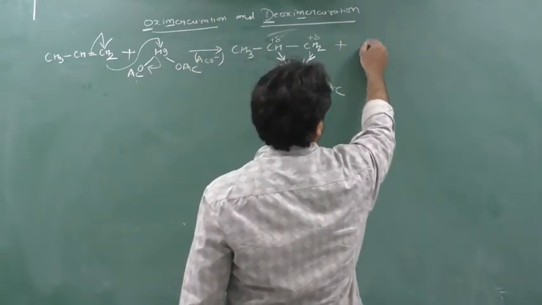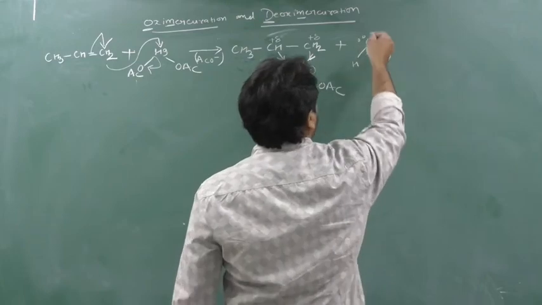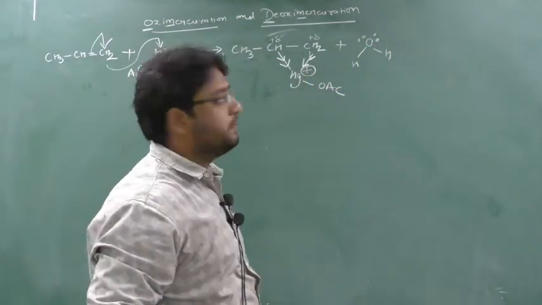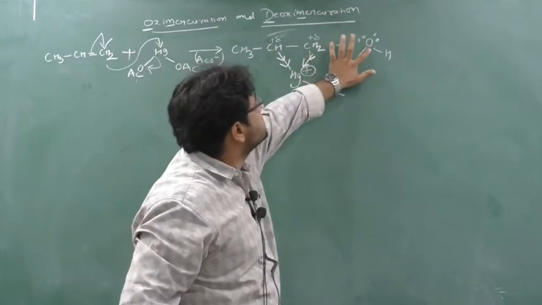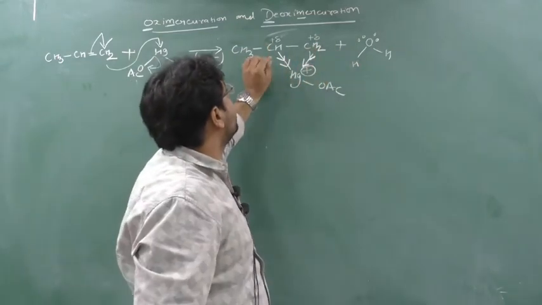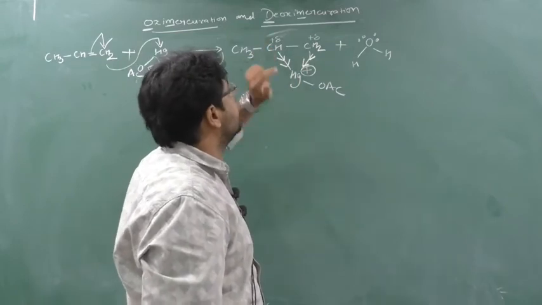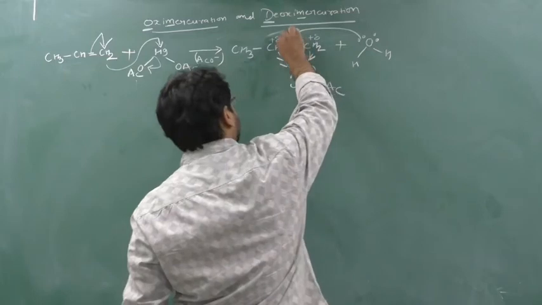Now water will come. Water is having 2 lone pairs. Now the oxygen of water is deciding whom to give the lone pair, because he is also in requirement. So this oxygen will give the lone pair to this one, because oxygen knows that this is 2 degree and 2 degree is more stable. So this oxygen will give its lone pair to this 2 degree.